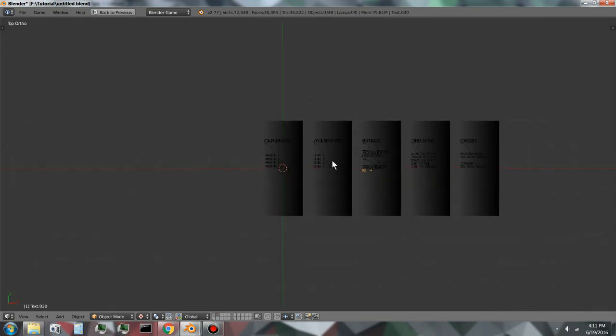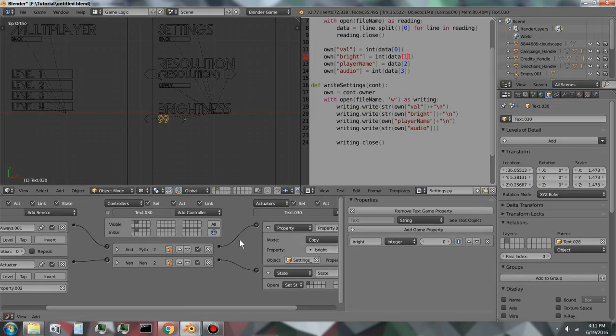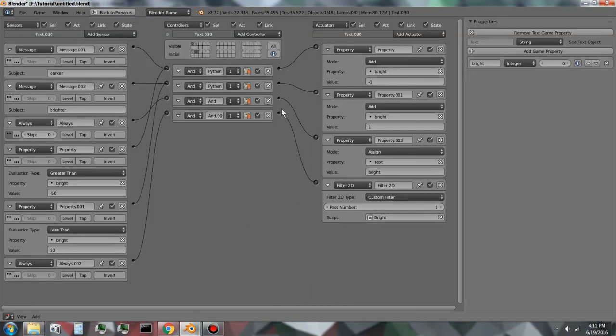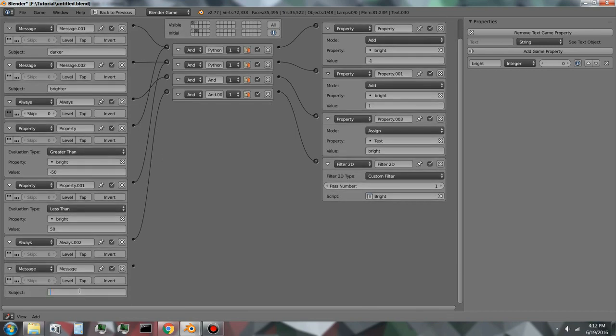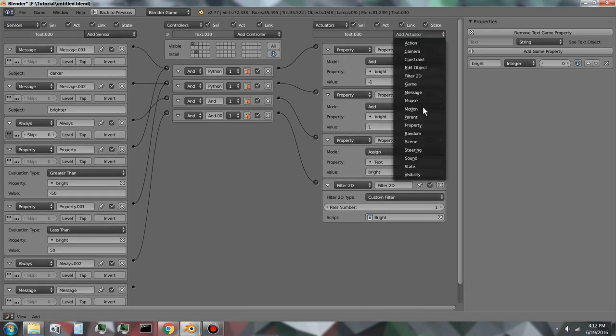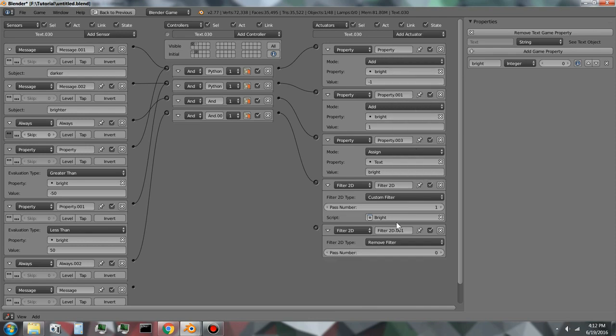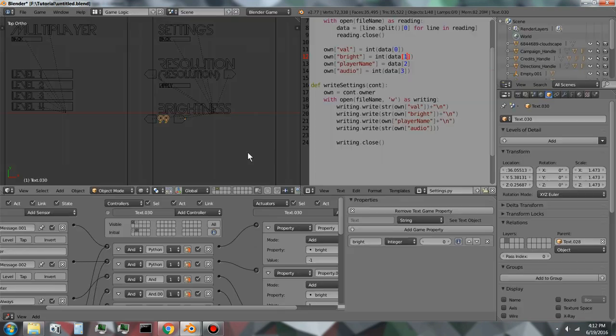But the way you fix that is if you go to your submenu layer, select brightness, and where you just added that custom filter brightness, disconnect it from that always sensor that has pulse mode and add a new always sensor that doesn't have pulse mode and set it to a pass number of 1. Then add a message, make it say save. That is the message that's sent when you click the back button, and add a filter 2D and remove filter with pass number of 1, so that when you click back it will remove that filter, and it will also,